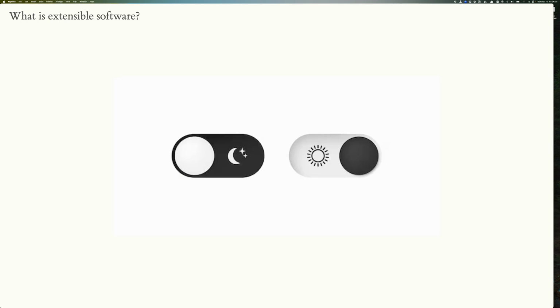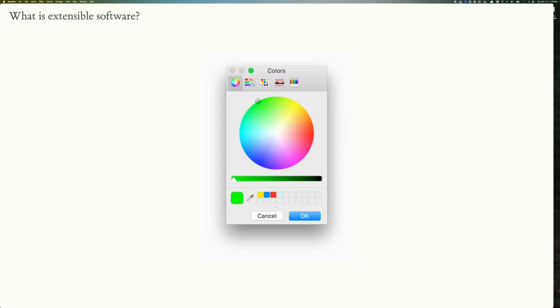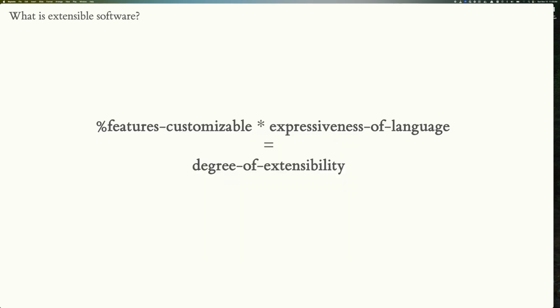The simplest example I could think of would be something like dark mode or light mode, right? So you could think of this like we're giving the user a language of a Boolean to tell us how to customize a feature, like the theme, either dark or light. You could make this a little bit more extensible with something like a color picker. Instead of a Boolean, you now have a hex string, and you can change the color of the background or something like that. You might be seeing a pattern here: extensibility is maybe not a binary thing. There's some degree of extensibility here.